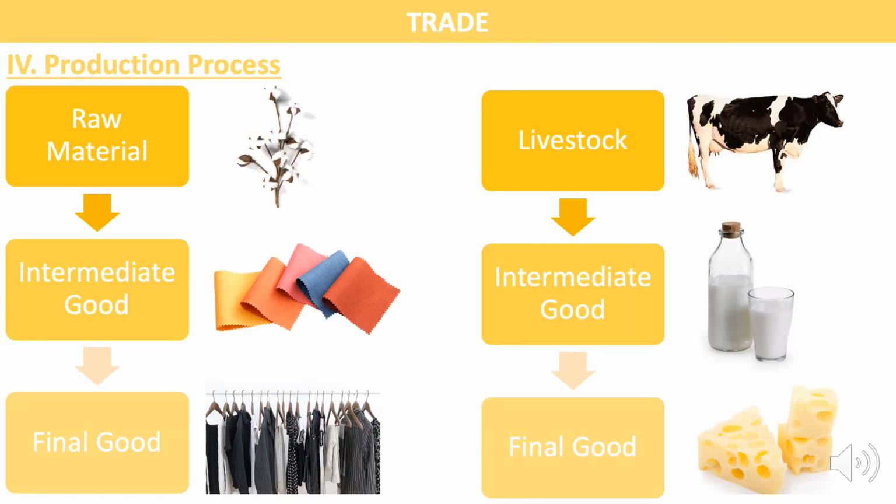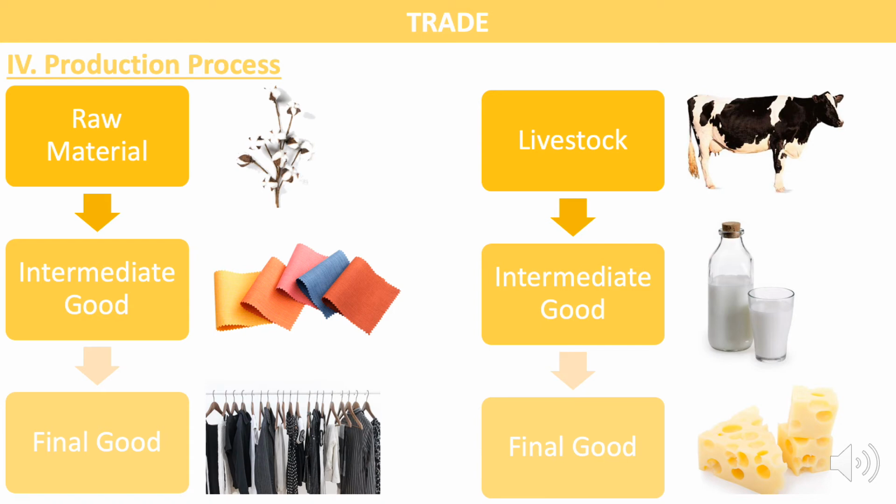The fourth part of this chapter is about the production process. As you're going to see, we are going to make clothes. Good. Now the raw material is cotton, as you can see, and the raw material is anything which is raw, which is exploited from the earth or from any mine. It's very crude and it's meaningless unless we transform it.